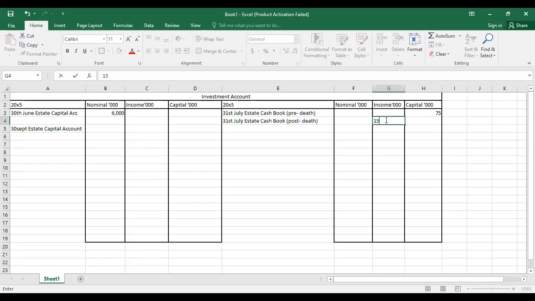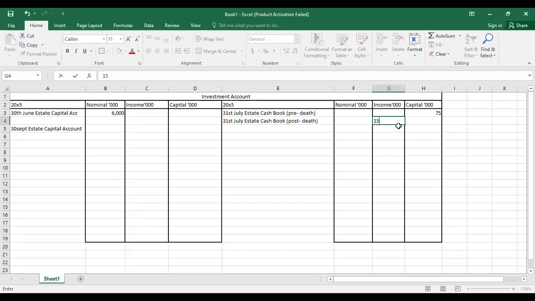It was 75. Yes? Up to June, it was 75. It will be 75, isn't it? But we know that the accrued interest due that needs to be transferred will be 90,000. Yes. It was paid after his death, isn't it? Yep. So on that 1st July, what we need to do is now to close this book by